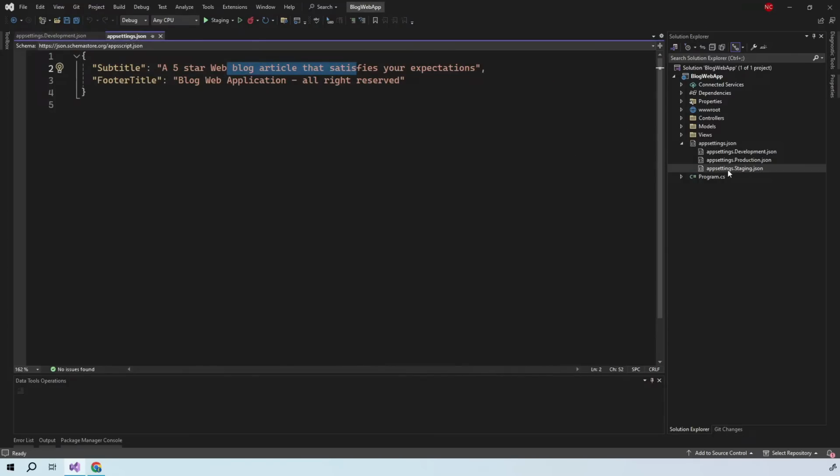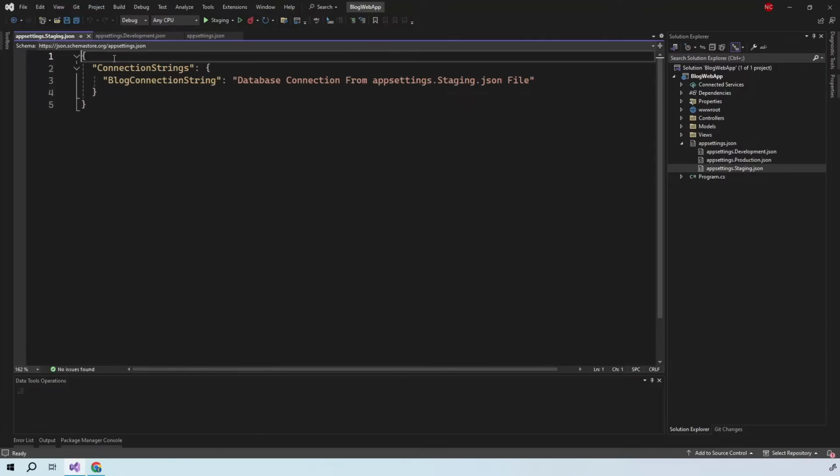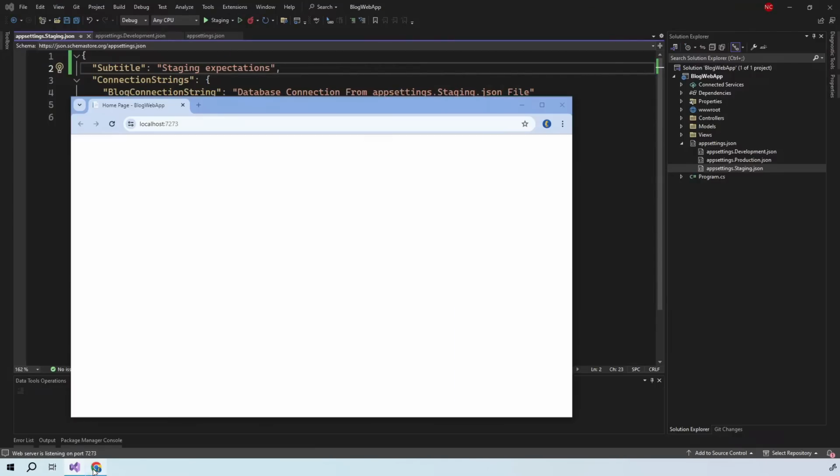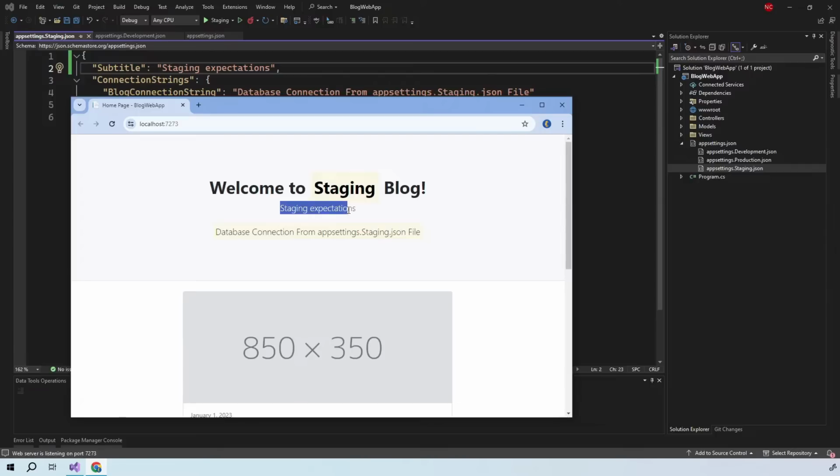The reason is that the appsettings.staging.json file doesn't have a subtitle property here. So if we want to override that in staging as well, we can put here "staging", for example, just to know where we are coming from, and then save that file and run it under staging. I will go to the browser, and then we can see staging expectations. Now staging is taking the subtitle from the